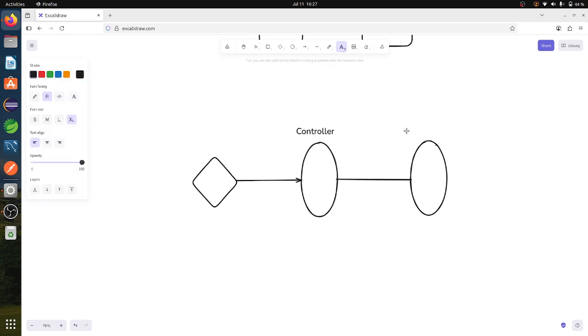So this is my service class. This controller will take that one and it will pass to here. After making some process, it will redirect the response back to the controller only.